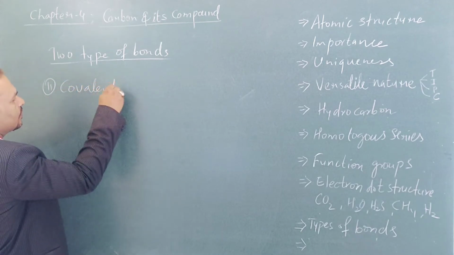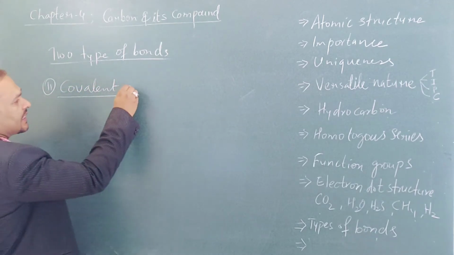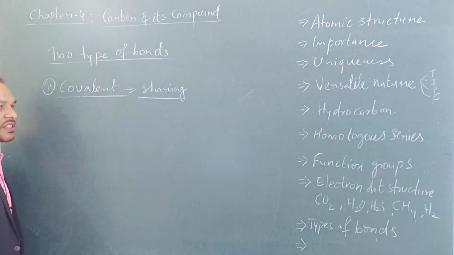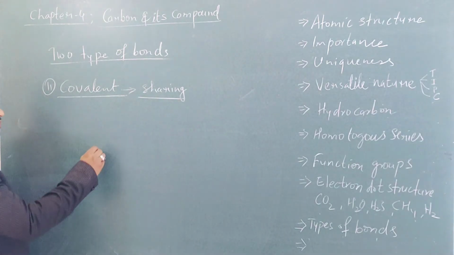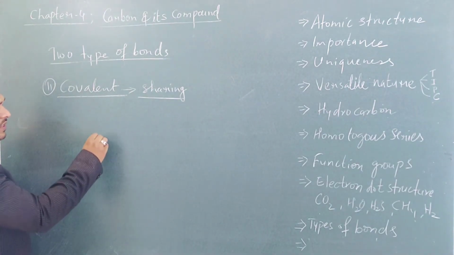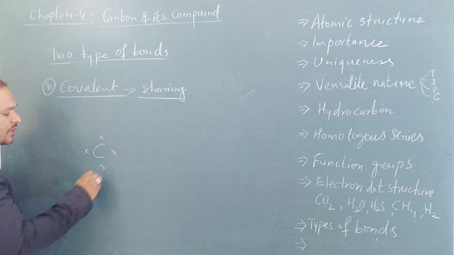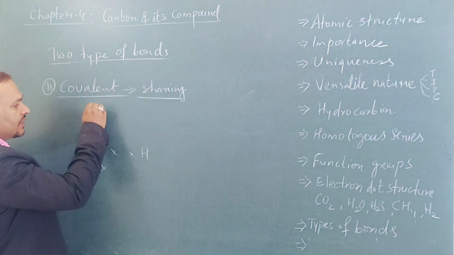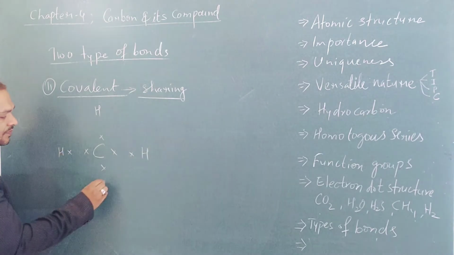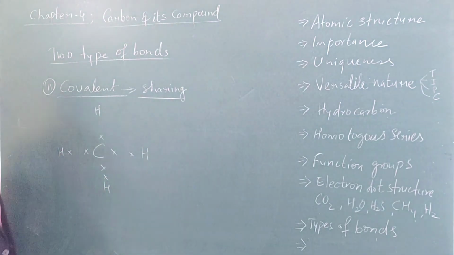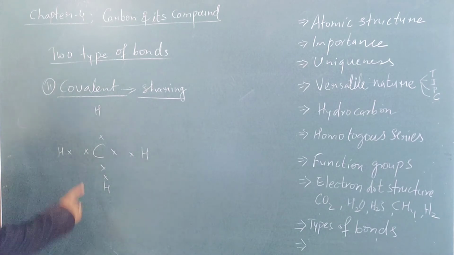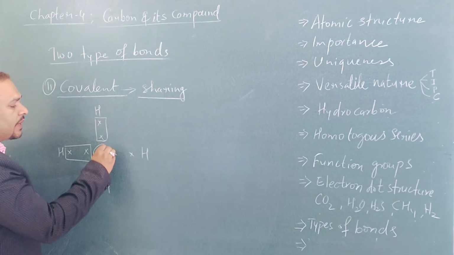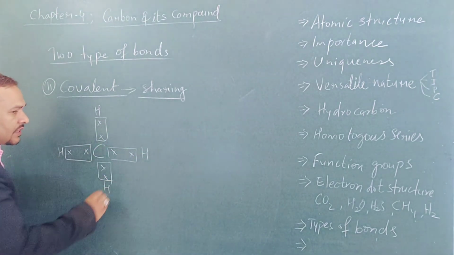How does it form? As we have seen, it can form by sharing of electrons. When two atoms share electrons, they form a covalent bond. Say for example, just now we talked about how in the outermost shell of carbon there are 4 electrons, and in the outermost shell of hydrogen there is 1 electron, right? So 4 hydrogens will share 4 electrons with carbon and form a bond. This bond is formed by the sharing of electrons, right?